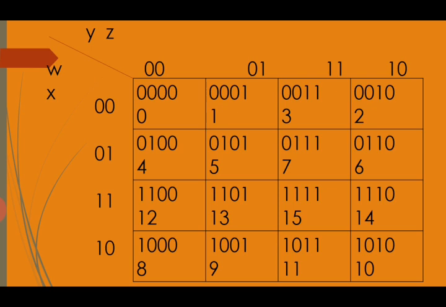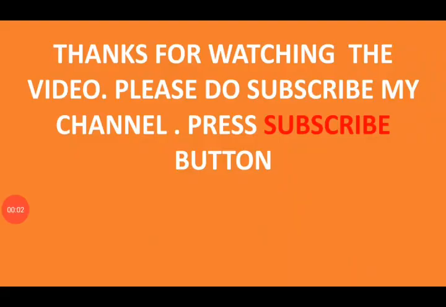Alright, and do you know, when you have drawn a matrix of 2 rows 2 columns, then a matrix of 2 rows 4 columns, then a matrix of 4 rows 4 columns, what you have actually drawn is the K-map, or Karnaugh map. So students, I hope that everybody has understood how to draw a K-map.